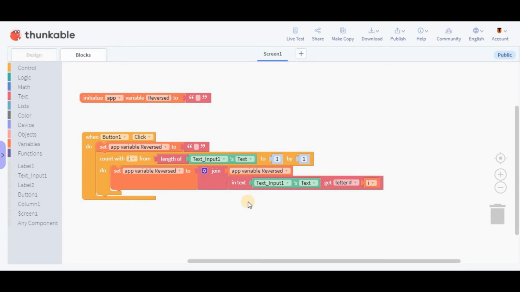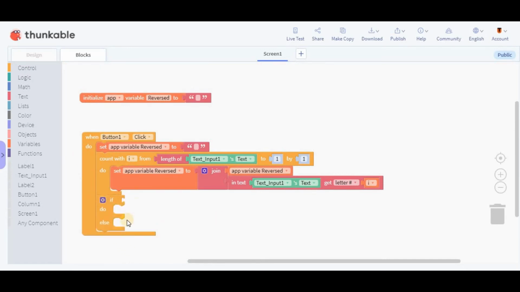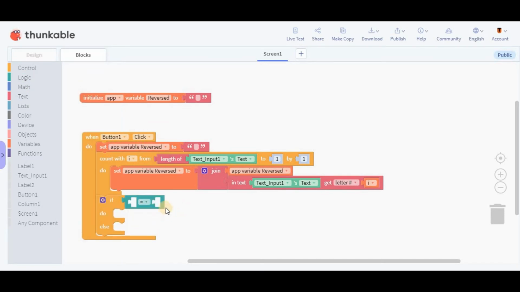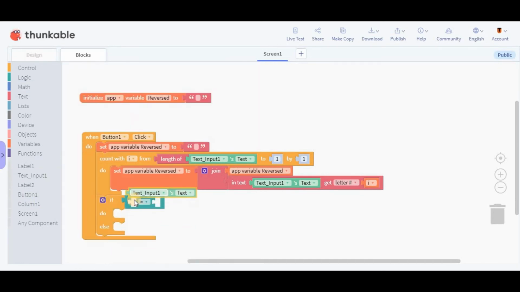More than half of the app is made. We need a little bit more coding. So friends, now we will be using the if condition, which is a very popular condition in coding. So let's use it. Click on if. Now from logic, drag the equal to sign. Now go and drag this one, text input 1. If text input 1 text